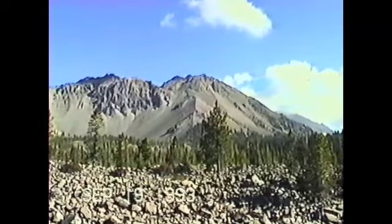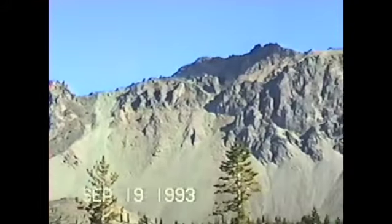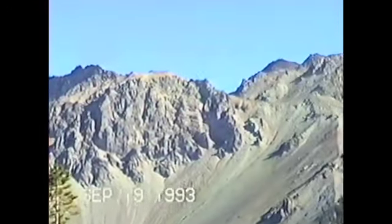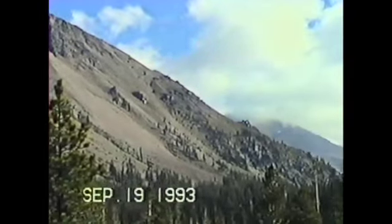There. This is all volcanic, and you can see some of it here. The camcorder is doing very weird things. I'm lucky I'm even getting this. And Lassen's